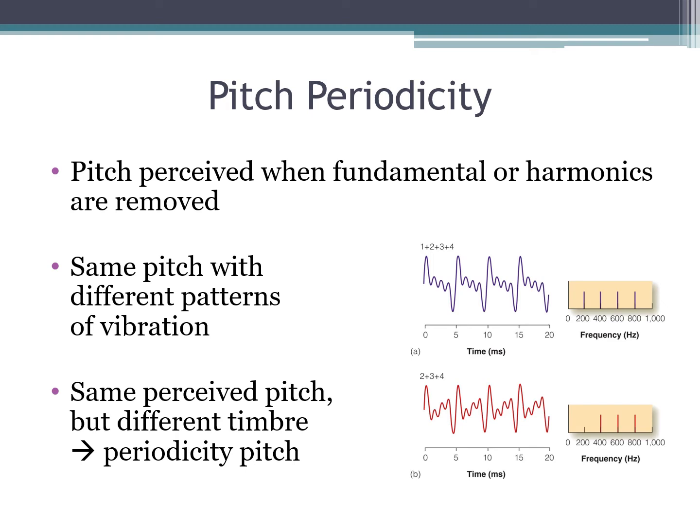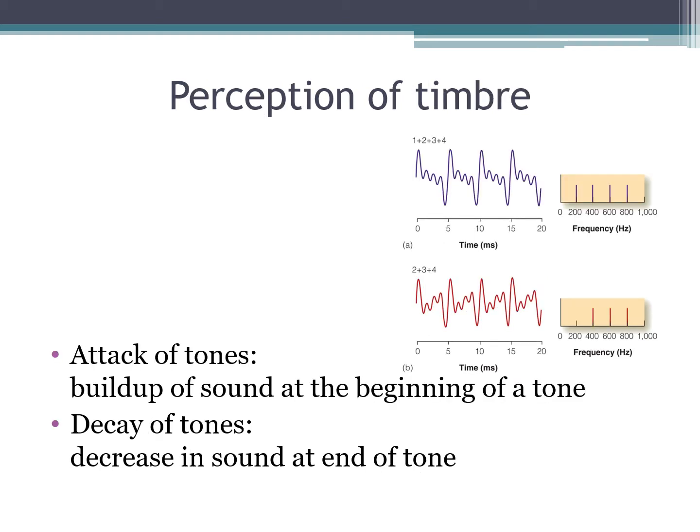So we get the same pitch with different patterns of vibration, and we see the same perceived pitch but with a different timbre. And this is what we mean by periodicity pitch: when we remove some fundamental or some harmonics and we're still perceiving the same pitch, it's just with a different timbre. And this is said relatively quickly in the book, like in 2 sentences, just like this. But when I used to leave it out, I would have students in orchestra or something that would talk about,